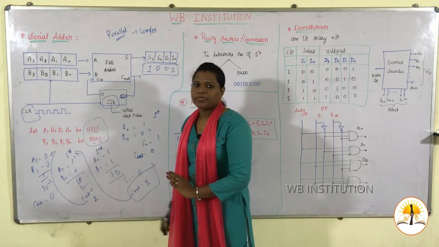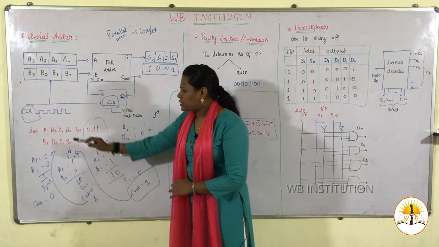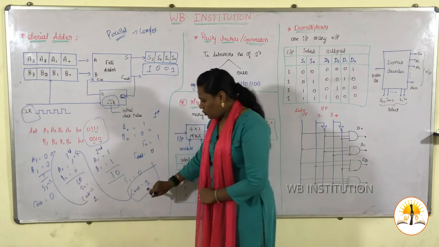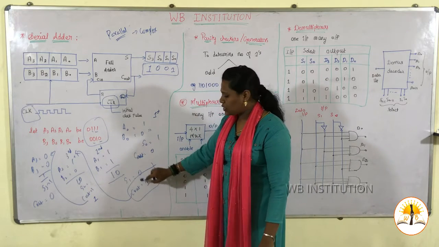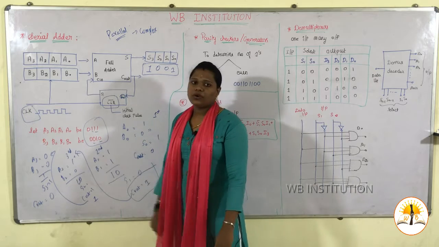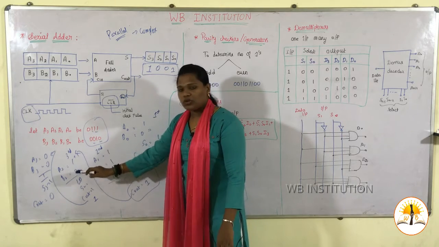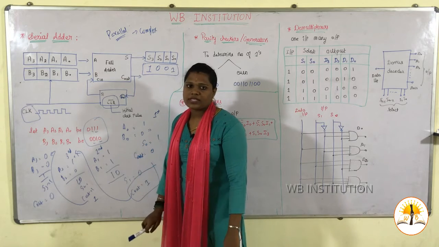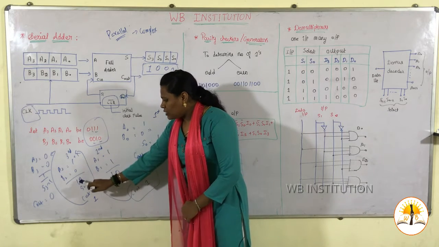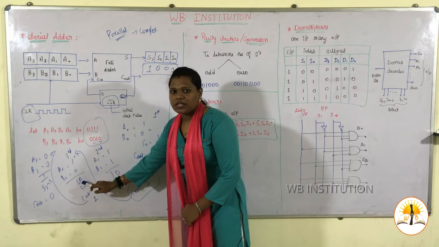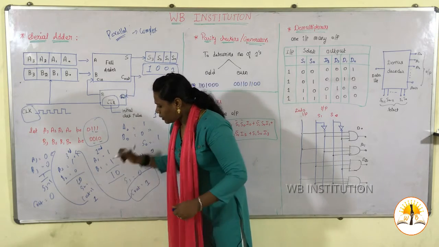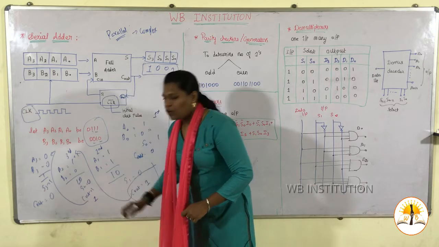Then move it for third clock pulse. So third clock pulse, take this register A2 and B2. So do you have your C out here. Just move this C towards your third clock pulse. So 1 plus 0 will be 1. So you need to add this C out also. So 1 plus 1 again will give you 10. So this one will be your sum and this one will be your carry. Okay, so S2 will be 0 and C out will be 1.